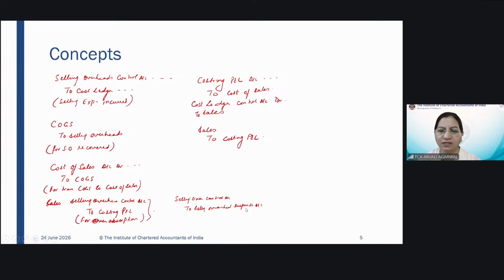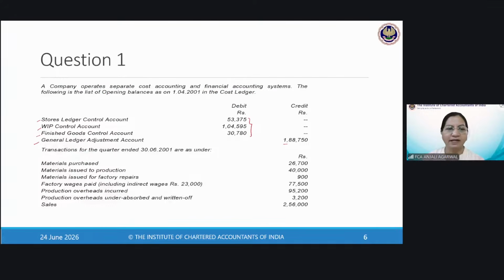So suspense account is debited here. In that case, if there is an over absorption, you will find that selling expenses suspense account debited by a certain amount, or production overhead debited. If there is under absorption, it might be credited. So you will see other accounts also appearing, but generally it's either stores, WIP, finished goods, and cost ledger control account. These are the four books that we maintain in non-integrated. So you start with the opening balance of these four,